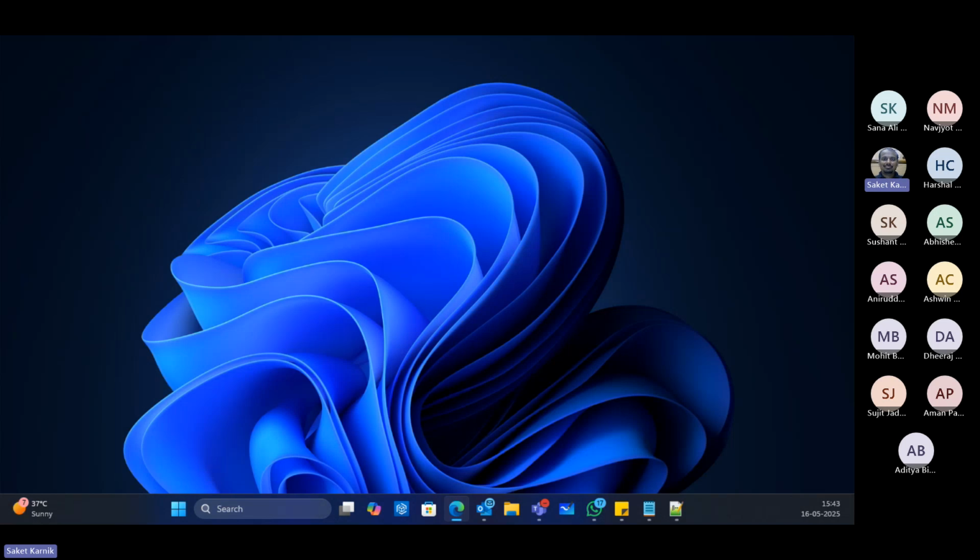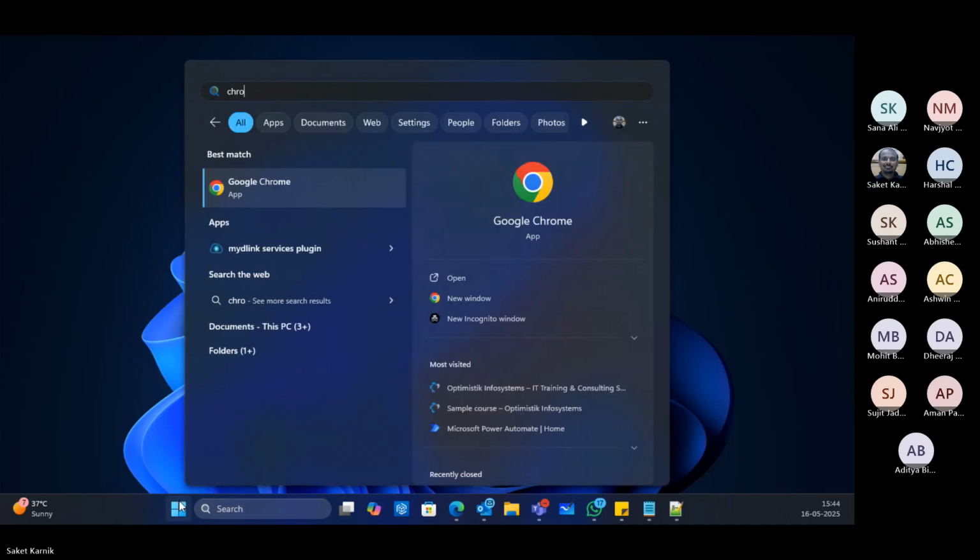Right? Now, moving to the next section where we want to evaluate this Copilot feature in the Power Apps category. Okay, so let me open the browser.